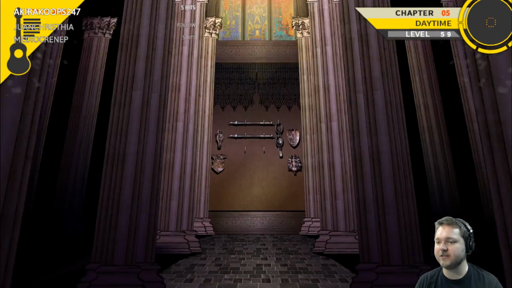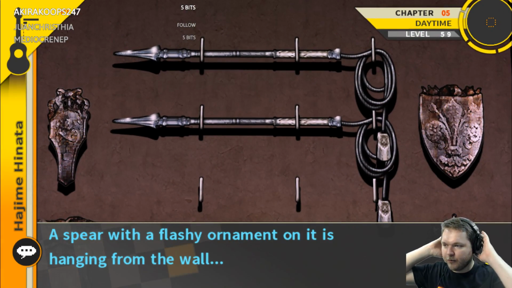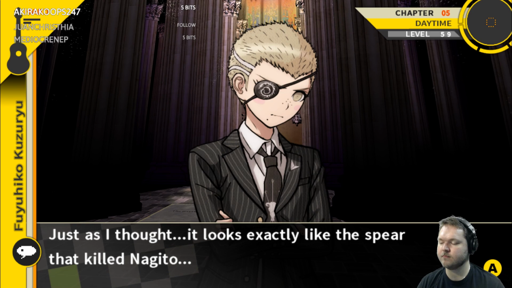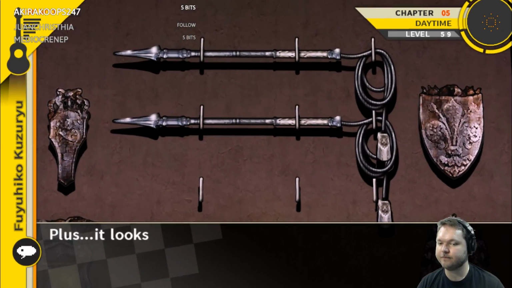Aha, look at that. The spear is missing. With a flashy ornament on it is hanging from the wall, but there's a spot missing. I see. Just as I thought, it looks exactly like the spear that killed Nagito. The same whip-like cord is attached to the handle, and there's a weight at the end of it. Also,